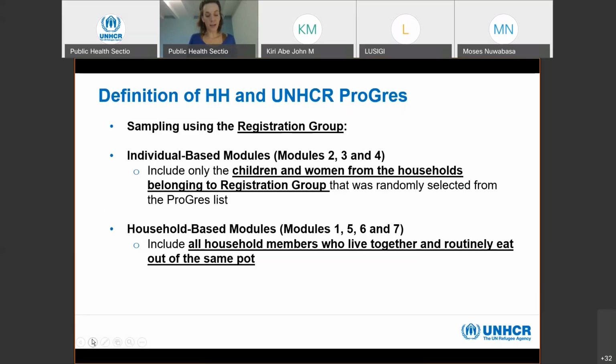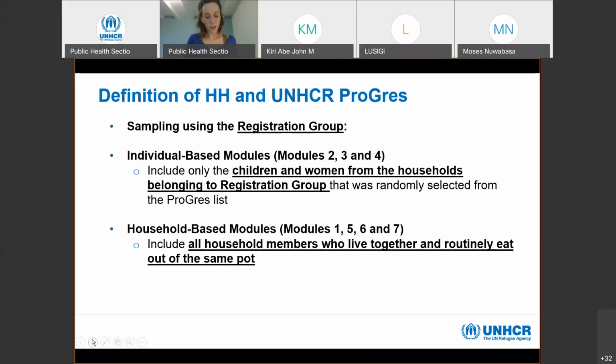For the child and woman questionnaire, therefore, for all data collected at the individual level and related to the anthropometry and health, anemia, and IYCF modules, all children and women from the households belonging to a registration group that was randomly selected from the Progress list